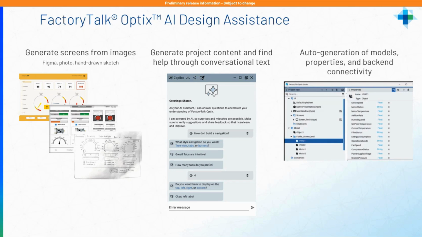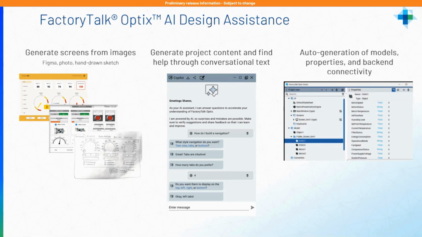what you would like your screen to look like, and Optix AI will create that screen for you, and it can even create the tags automatically and tie them to those objects for you. So pretty cool feature. It's still in the prototype stage, I believe, and I think this is coming out with version 1.9. It won't come out immediately with version 1.8, but what will come out with version 1.8 is the